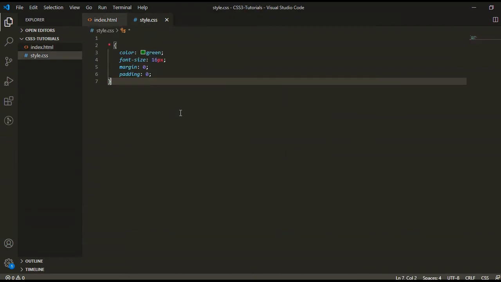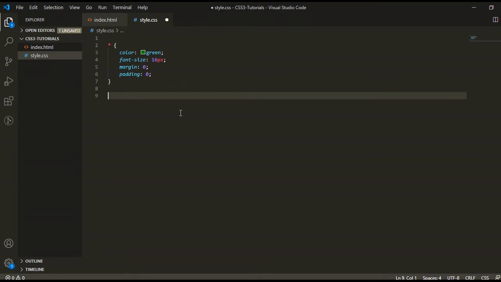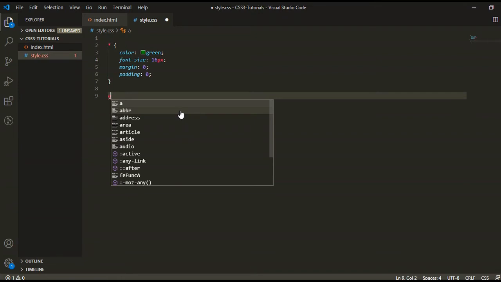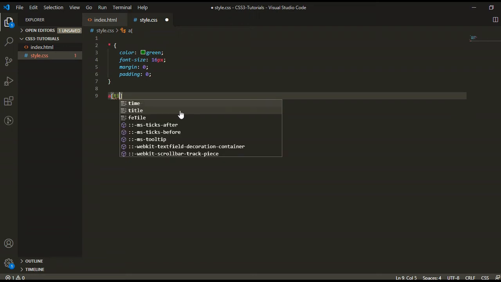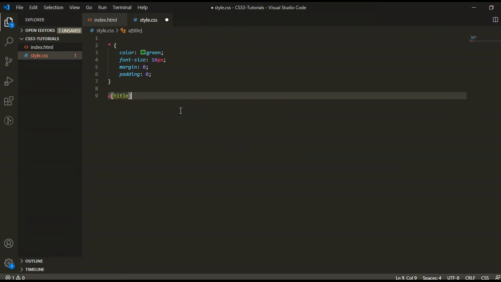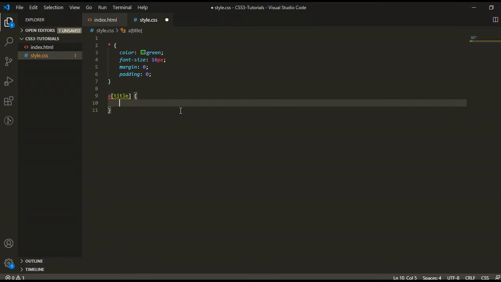Let's go into the CSS. First we write the element name, anchor, then square brackets. Inside the square brackets we write the attribute name, title, and in the curly braces we write our CSS properties for the element.